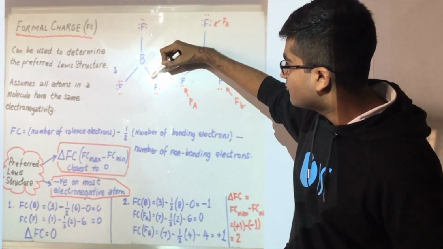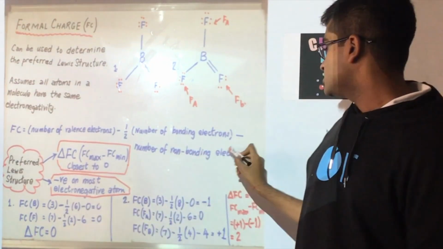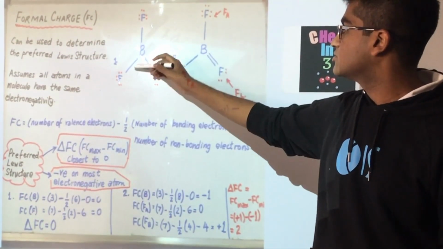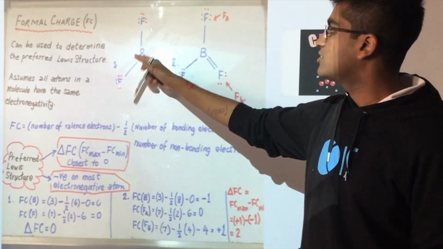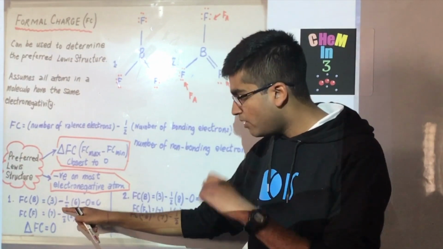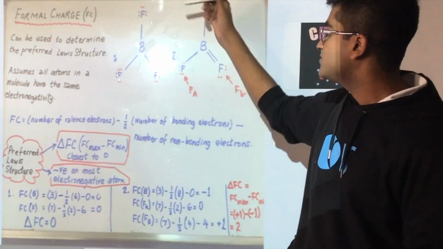So 1, 2, 3, 4, 5, 6. So we have minus 6 by 2, minus the number of non-bonding electrons. Now there are no non-bonding electrons because it's all bonded, so we just say it's 0 because there are no lone pairs on boron. So 3 minus 3 minus 0 is basically 0. Now if we check for